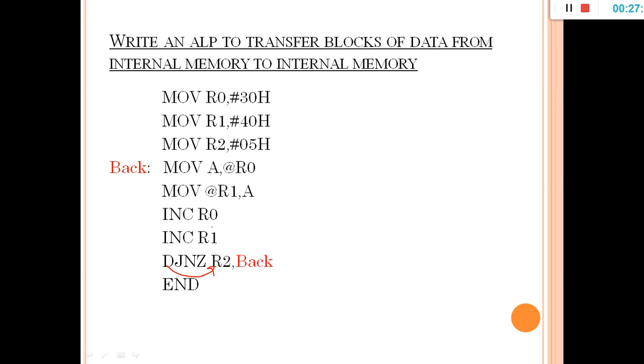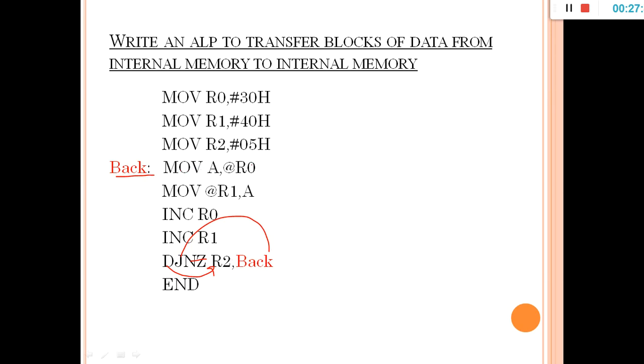Then it will check whether R2 has 0 or not. If the content of R2 is not 0, then the jump is going to happen. When R2 is not 0, it is going to jump back. Back means here. Then again it will start executing this instruction.